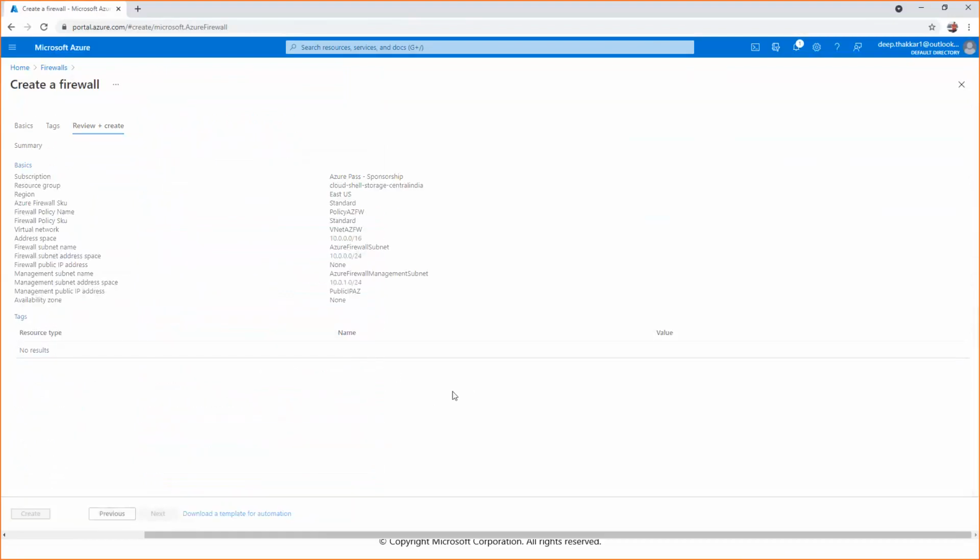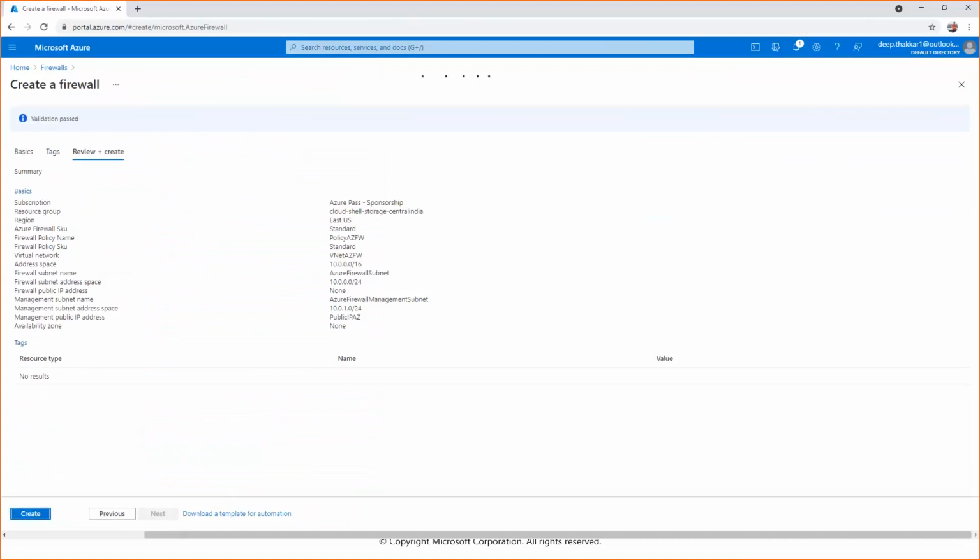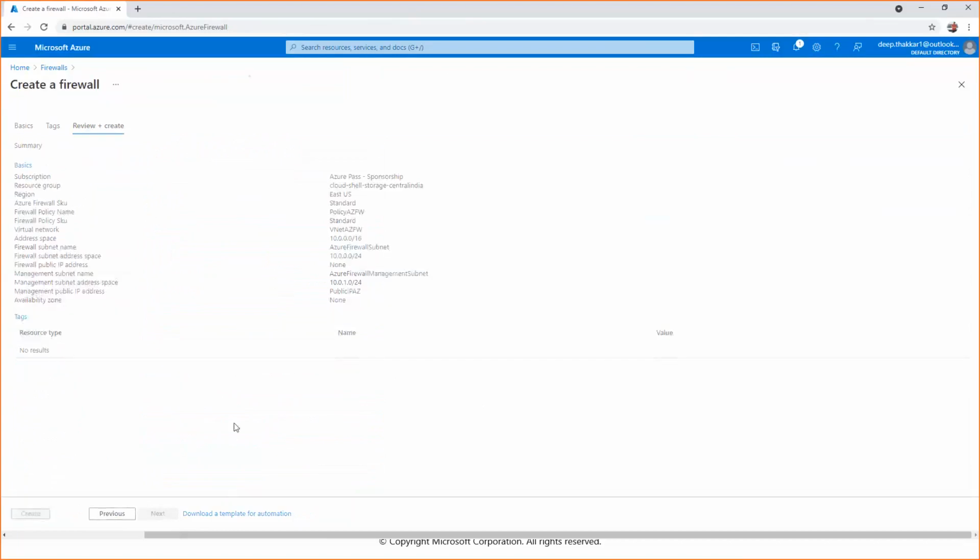Now click View and Create. Validation is passed. It's created. So you can see here our firewall deployment has started.